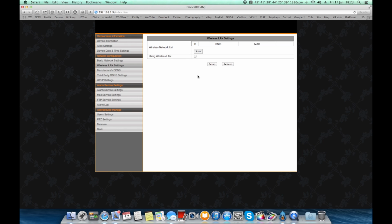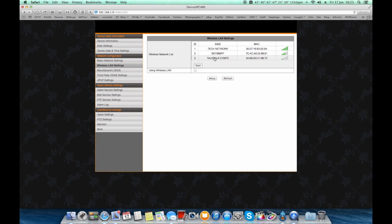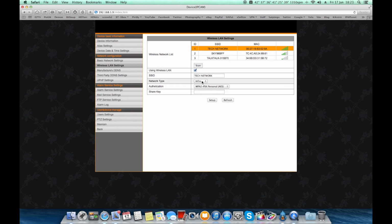Basically, in all IP cameras, this comes disconnected as default. So all you need to do is use wireless LAN, and then you just do a scan, and you should find the wireless network. There you go. Mine is Tech Network. I just click on that. It's giving me everything, infrastructure